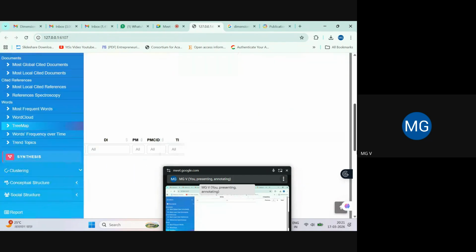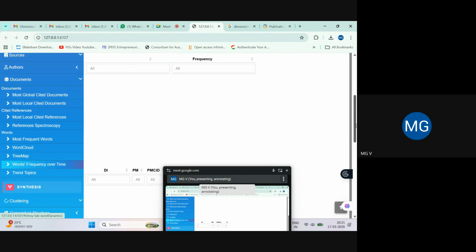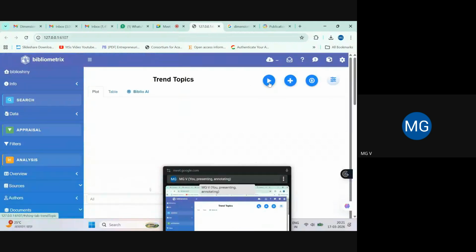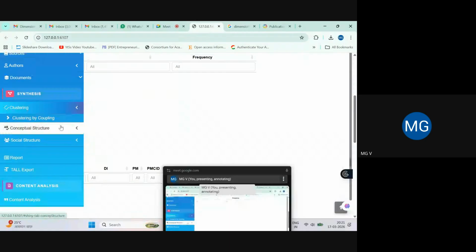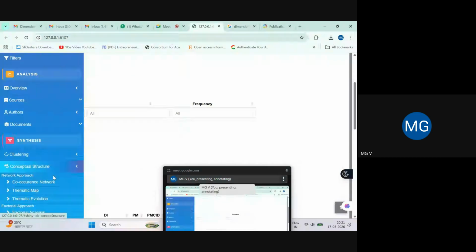Data plays a major role here in generating the output. So if you are not getting desired results using this software, it means we need to regenerate the data. We need to review the criteria on the basis of which the data has been generated. Right? Then synthesis, we were discussing clustering. Clustering by coupling. Let me see if it shows anything. No. Conceptual structure.